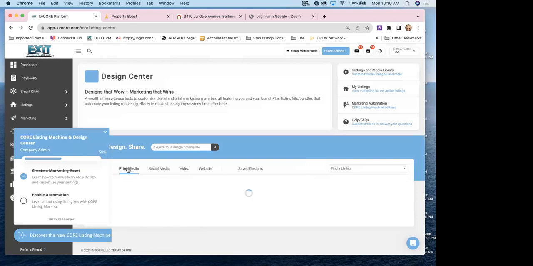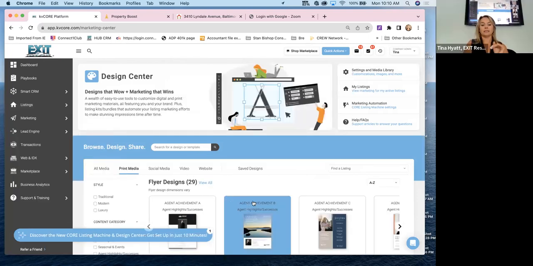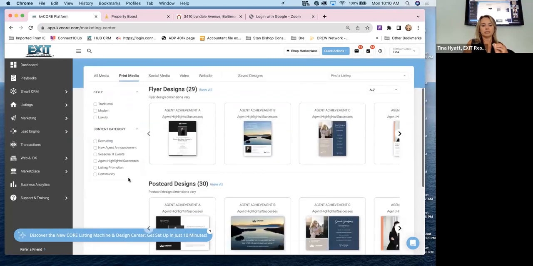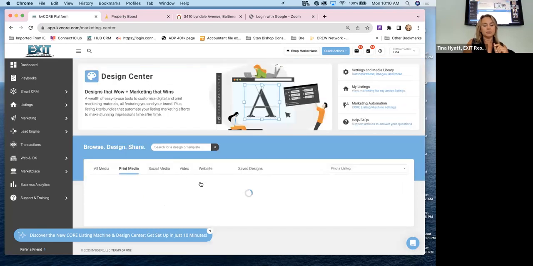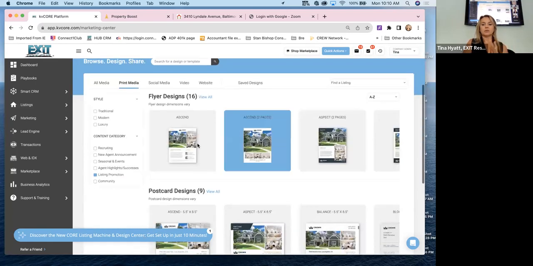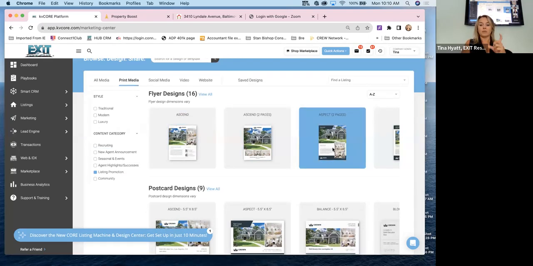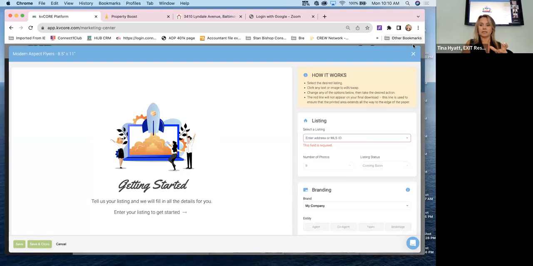In the design center, you can create your own flyers, and then these are editable. So in the design center, if you click on print media and then listing promotion, here are some of your different flyer designs that you can pick from. There are 15 different designs, but the nice thing about this is, when I pick that design,